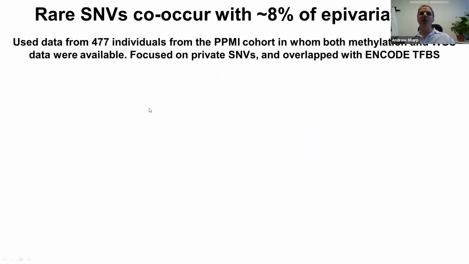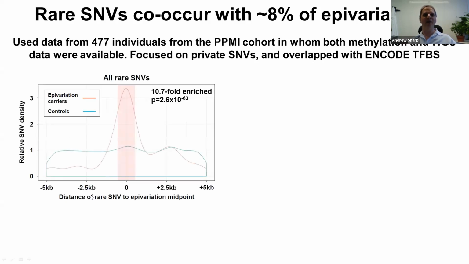Now we then dug into this in more detail. So we actually then looked at a different cohort, the PPMI cohort, where we had just under 500 individuals where we had methylation data and whole genome sequence. And first we looked at rare SNVs and associated these with the presence or absence of an epivariation. And what we found here is that if we focused on very rare or private SNPs,